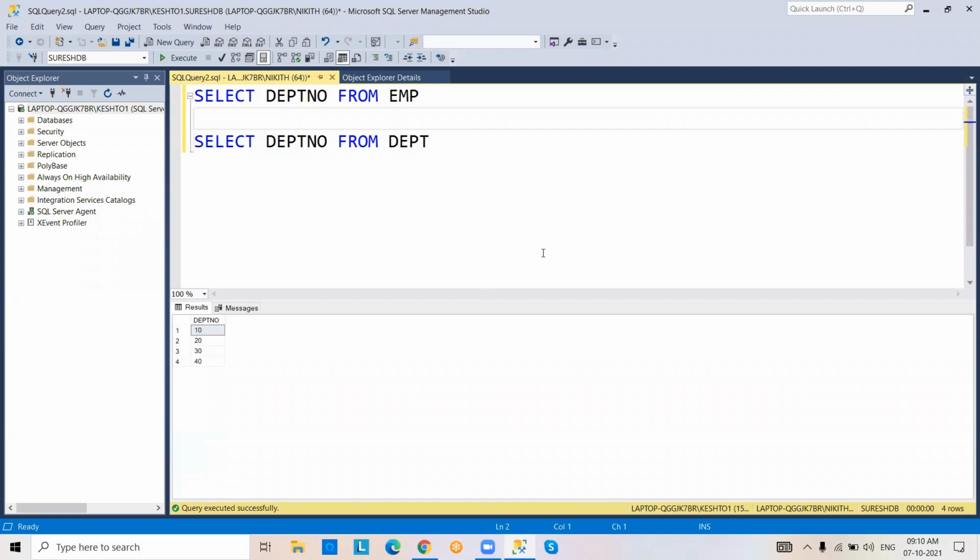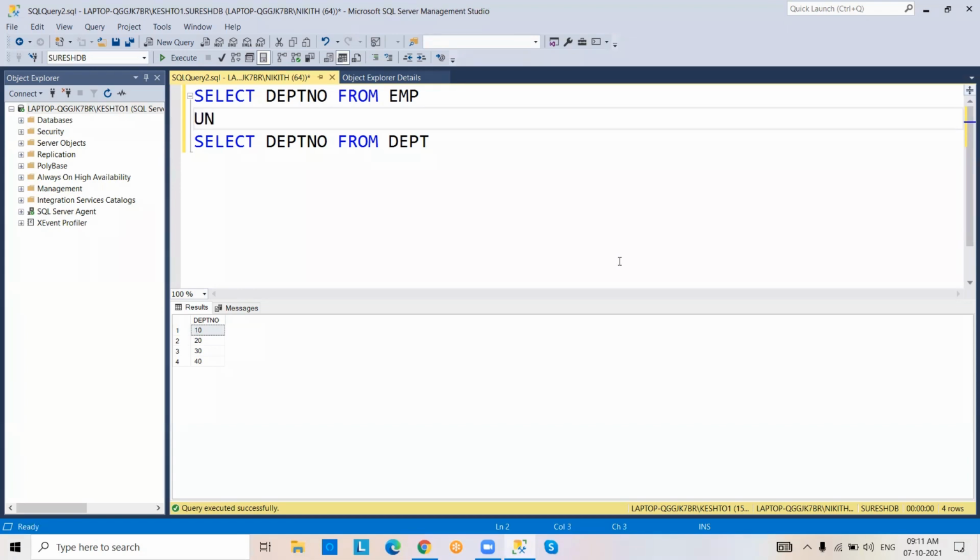Only 4 department numbers. 10, 20, 30 are common data, existing in both the employee table and department table. But 40 exists only in the department table. 40 is not there in the employee table.